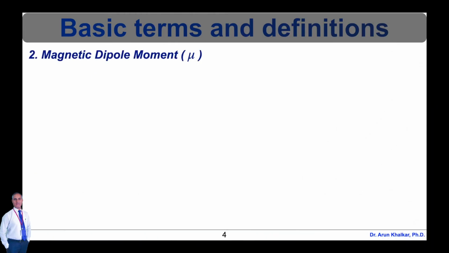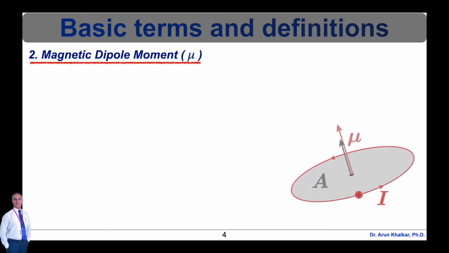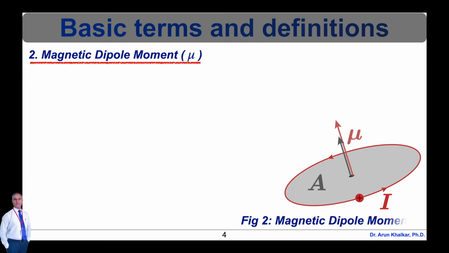Next term is magnetic dipole moment. A magnetic moment is a quantity that represents the magnetic strength and orientation of a magnet or any other object that produces a magnetic field. More precisely, a magnetic moment refers to a magnetic dipole moment, the component of magnetic moment that can be represented by a magnetic dipole. A magnetic dipole is a magnetic north pole and magnetic south pole separated by a small distance. Magnetic dipole moment has dimensions of current times area or energy divided by magnetic flux density.